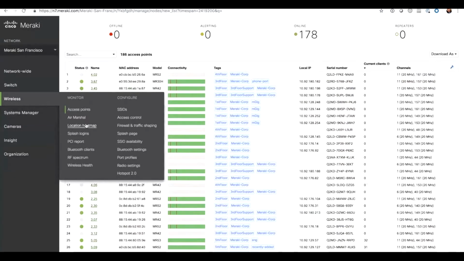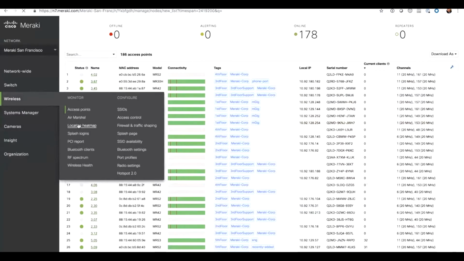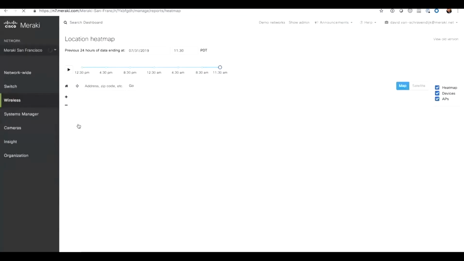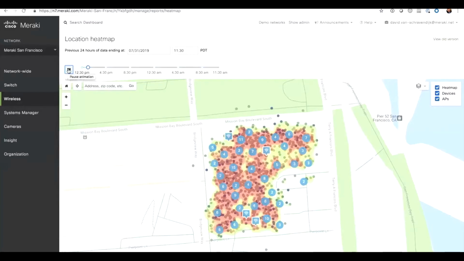Another thing we get as far as monitoring is the location heat map. This allows us to monitor the clients that are moving around in your network over time. It does this over every 24 hours, and you can choose a specific date. I'm going to just choose today and then hit play to see how clients are moving around the